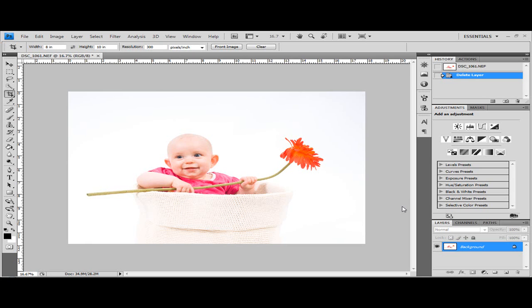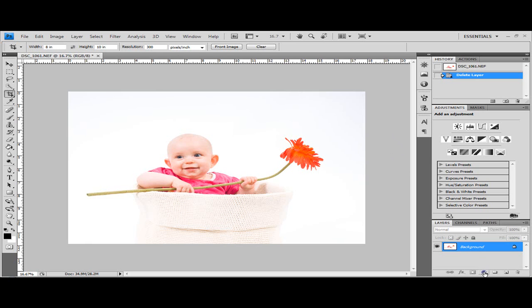In this tutorial I'm going to show you how to get rid of the dark shadows you can sometimes get when shooting portraits against a white background. This happens sometimes because your lighting isn't set up correctly, or in this case I have one studio light which sometimes fires incorrectly. So the first step of the process is to go to our